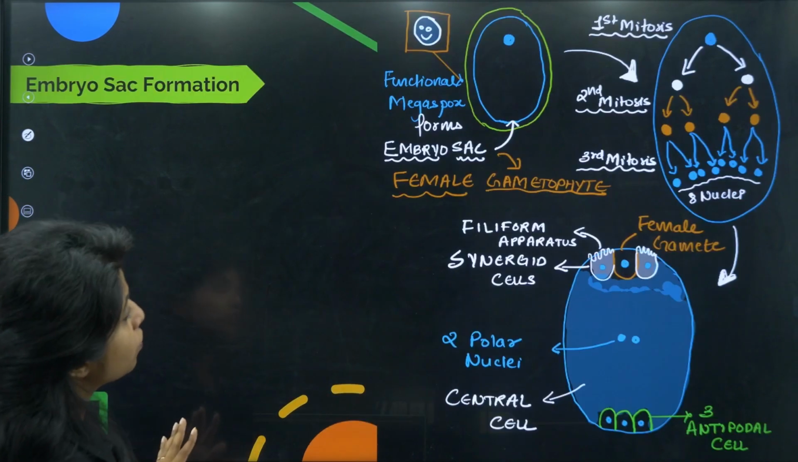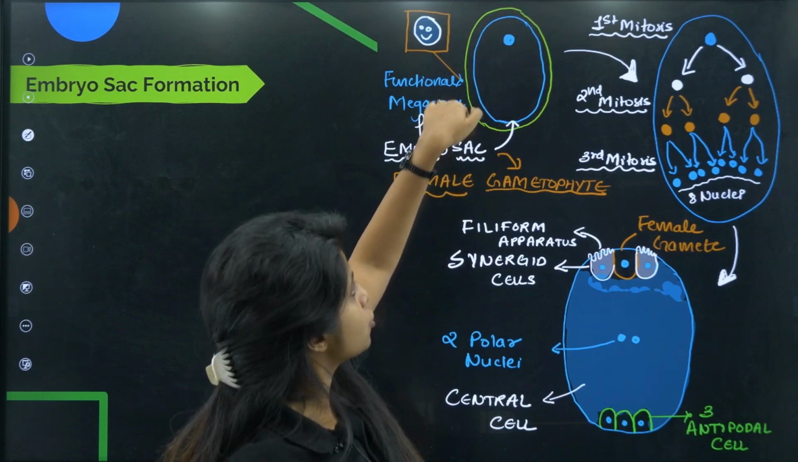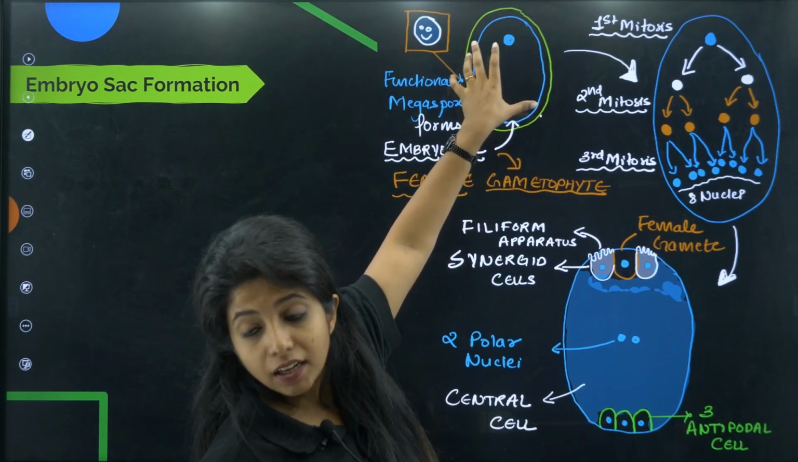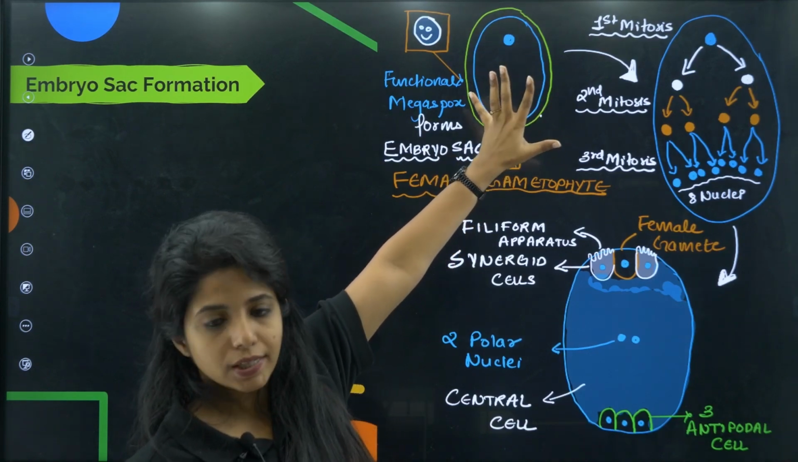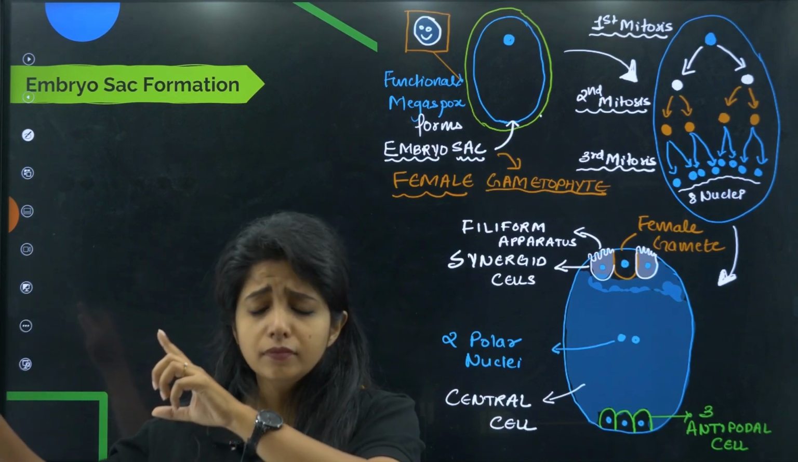And let's see what happens to this functional megaspore. So this functional megaspore, I'm going to make like this. This whole structure is the ovule. Okay, this is the ovule, children. Inside that there is a cell. There is a cell with a nucleus. Let's see what happens to the cell with the nucleus. So there also, please compare and learn. There also